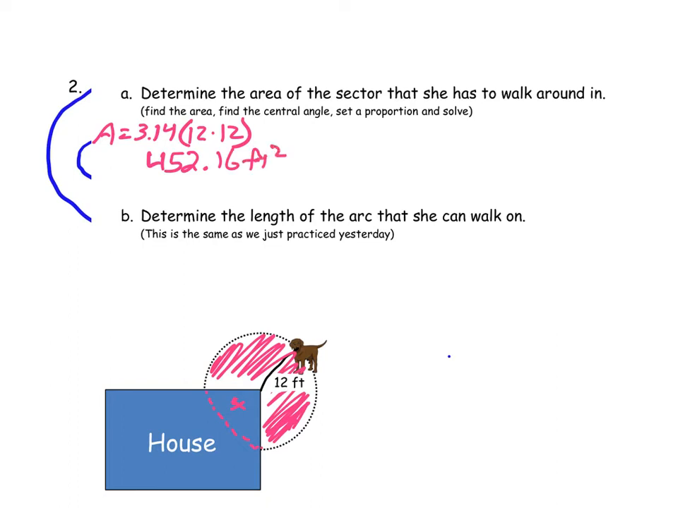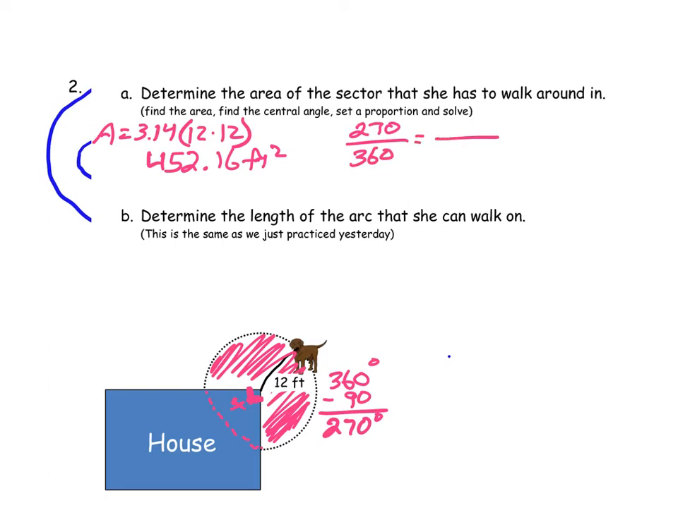Now the dog can't walk in the whole area, and you'll notice that this right angle here is 90 degrees. So the whole circle is 360 degrees. If you take away the 90 degrees, that means that the dog can walk in the sector that's 270 degrees. I just subtracted off the 90 degrees, which came from knowing this is a right angle. So I can set up my proportion because that's my central angle. 270 out of 360